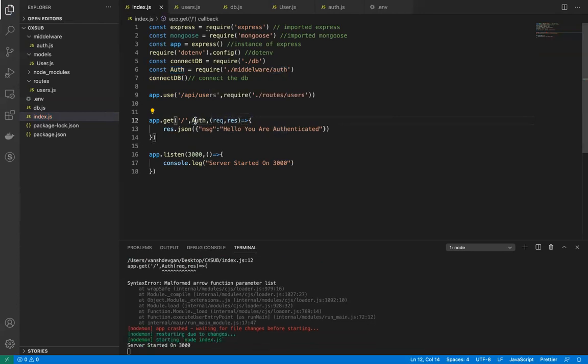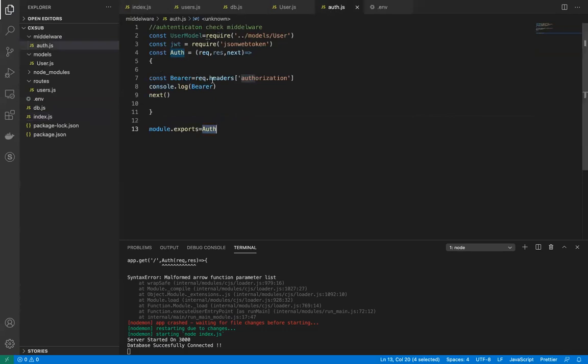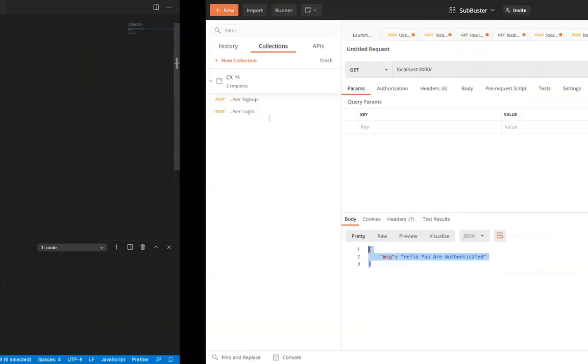We pass middleware between the route location and the callback function. Every request which gets to this endpoint will pass through this middleware, and we need to satisfy this function. This function is checking the authorization header and printing it in the console currently.